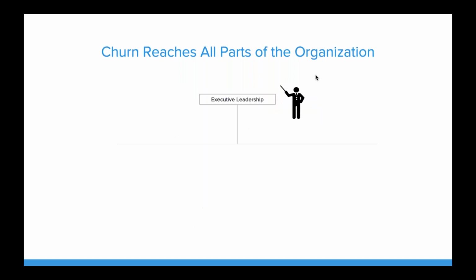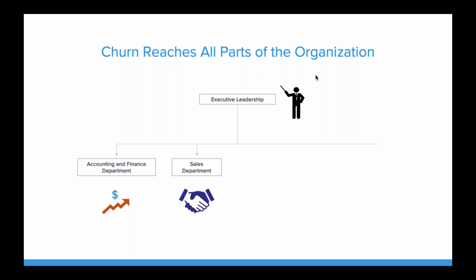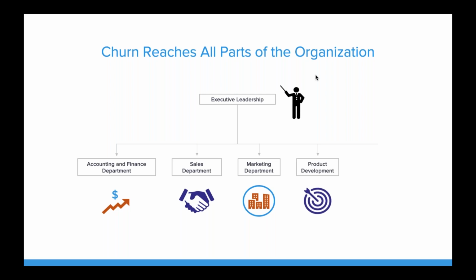And then again, this churn challenge affects all parts of the organization. Certainly executive leadership cares about all the things we just talked about, especially the financials. Of course, the finance team cares about that as well. The sales team, the less success we're having with our customers, the more difficult it is to sign on new customers, say account management in there as well, trying to retain and upsell those customers. The marketing team, there's so much around the reputation that we're building that customer success, when done well, can actually be a huge boost to marketing. But when it's more of a weakness of the organization, that really hurts the marketing department.